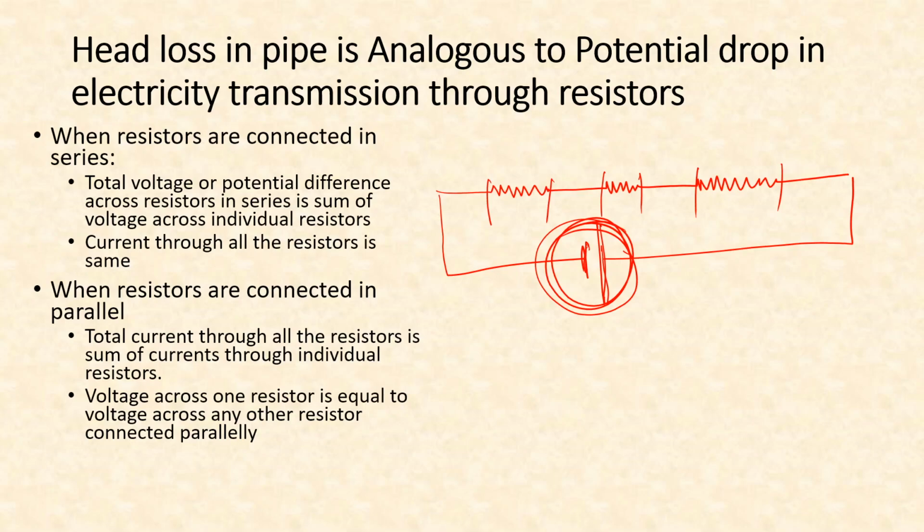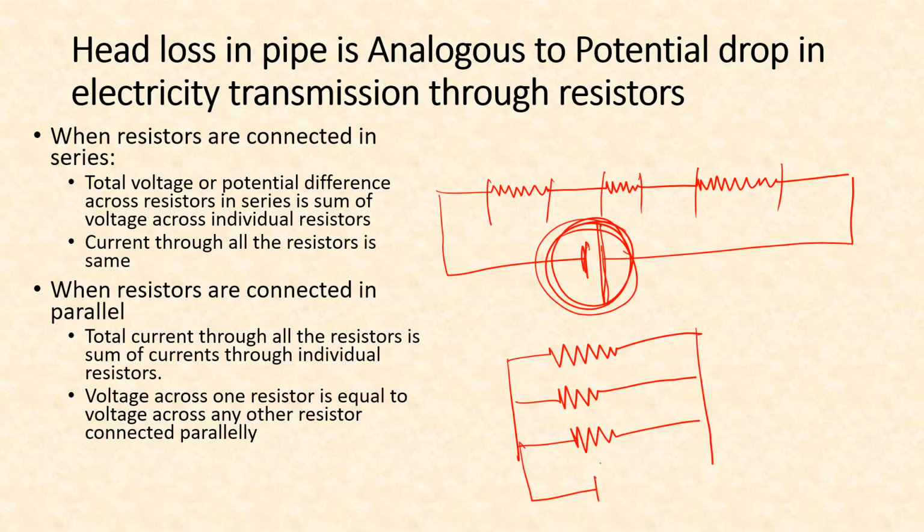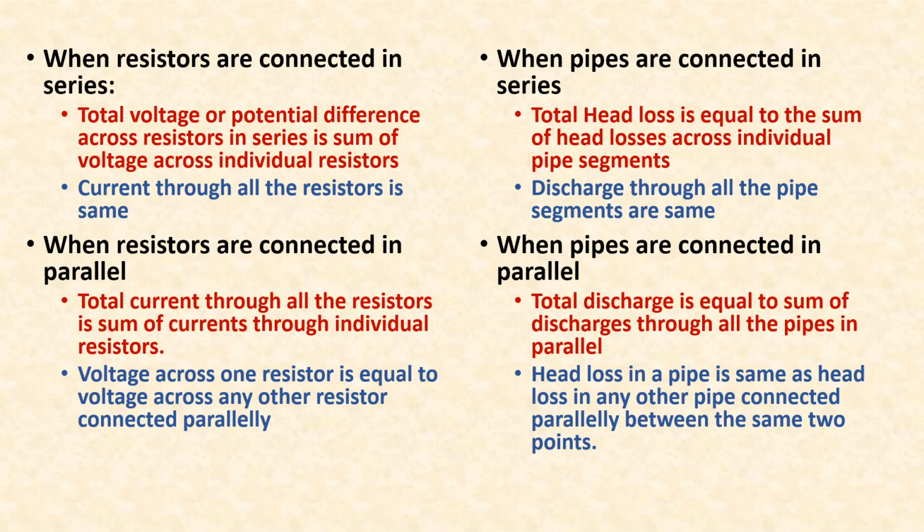On the other hand, when they are connected in parallel, suppose 3 or 4 resistors are connected in parallel, then the head difference, the total potential difference or the voltage, is equal to the voltage across all these individual resistors. So in this slide you can simply compare how they are very similar. Now if we go for some kind of example,